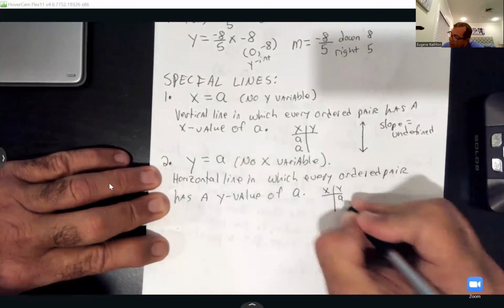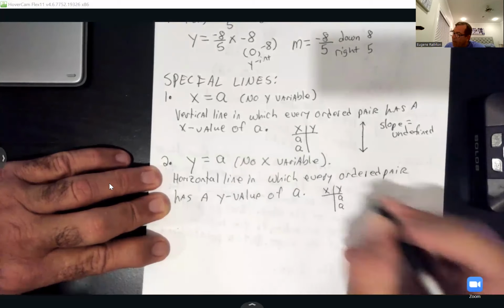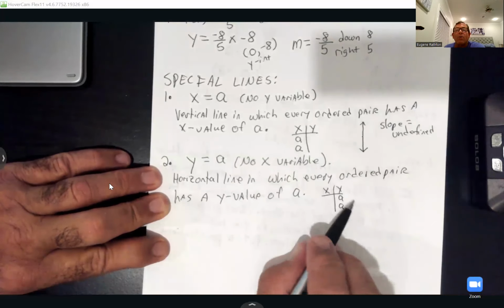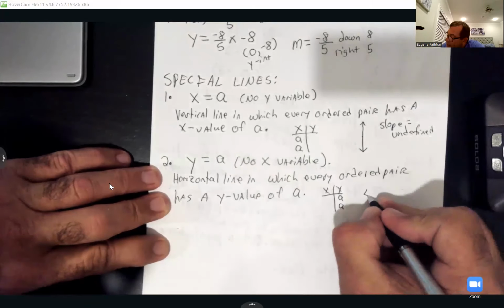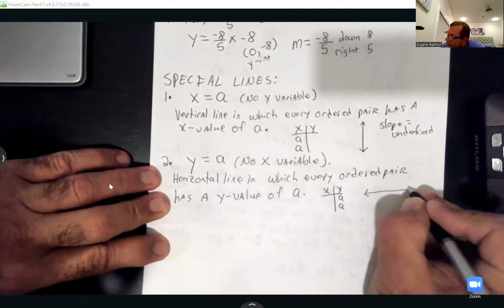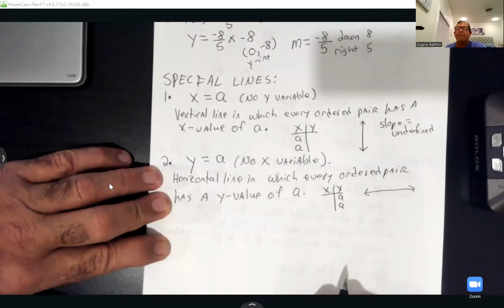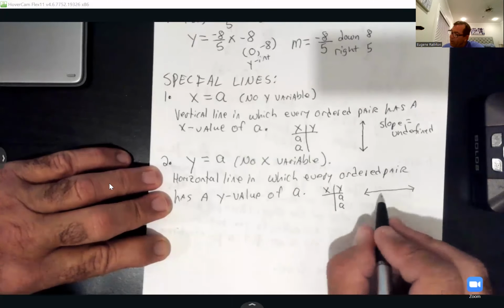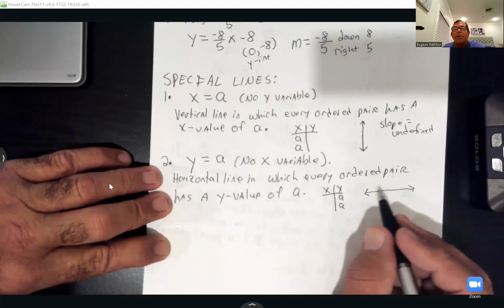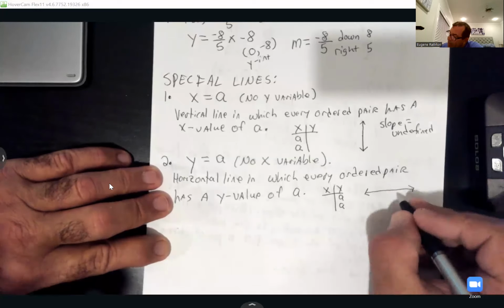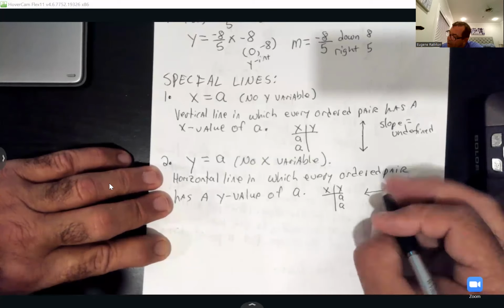So your a will be a. No matter what the x's are, all the y values will be a. So what that does, that creates a horizontal line going left to right. So if the y's are the same on top, you get a 0 on top of the slope formula. So that means the slope of a horizontal line